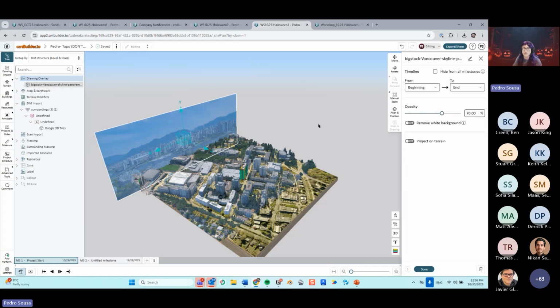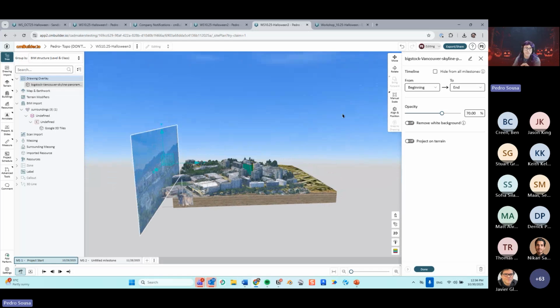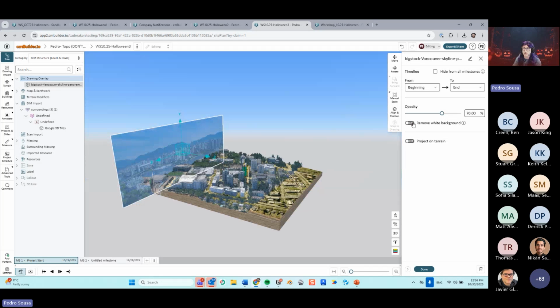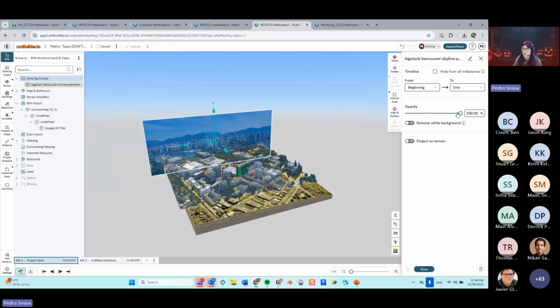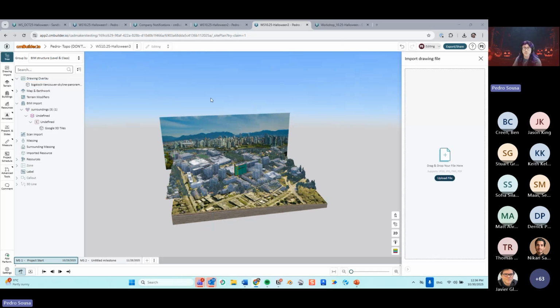That way, that picture is now centered with my map, right in the middle over there. Of course, I'm going to put the opacity all the way to 100%. The reason why I'm doing this is because now I'm going to bring in the exact same picture